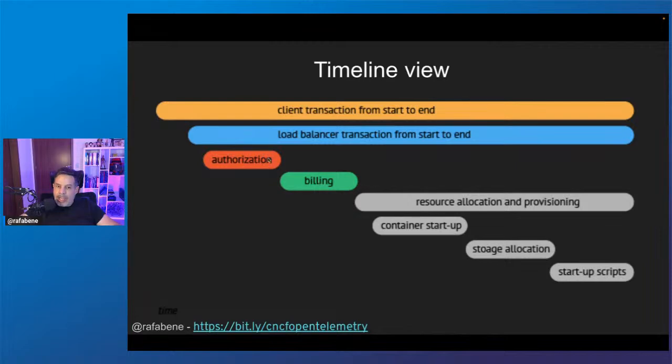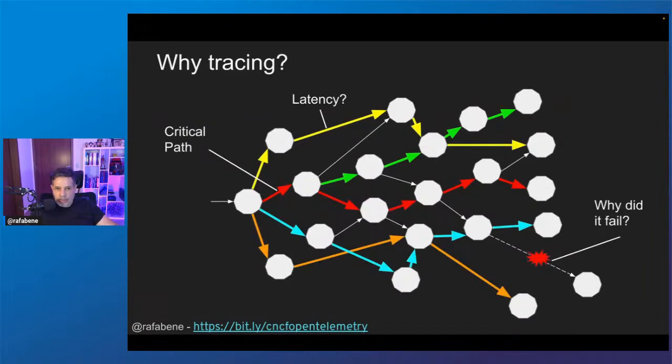Then in serial, just after the authorization, we had the billing, and more than half of the time was spent on resource allocation and provisioning, because we had time for container startup, storage allocation, and startup scripts, right? This way, it's much better to see the amount of time that it took to perform an operation.